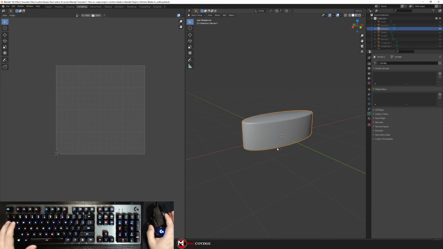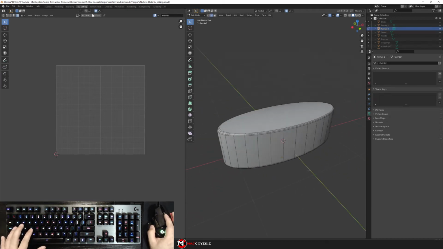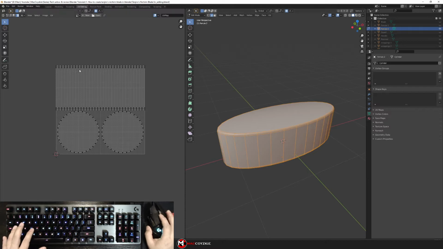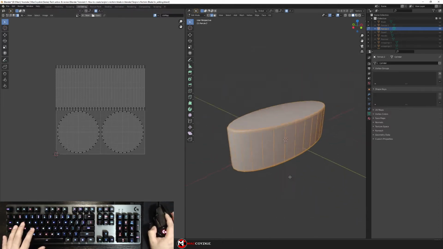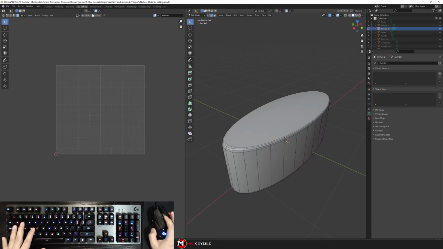So press tab. Okay, my tab button is not working. For some reason it already has a map over here, but we are going to redo that because we have to make it fit on one texture. So let's just